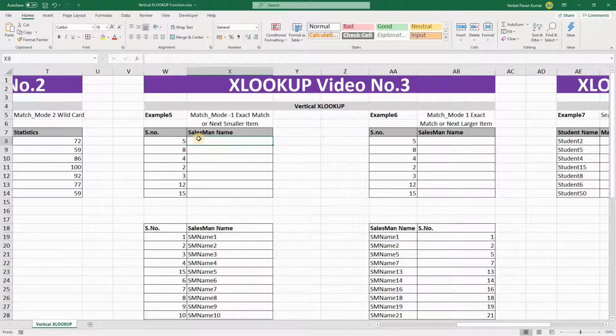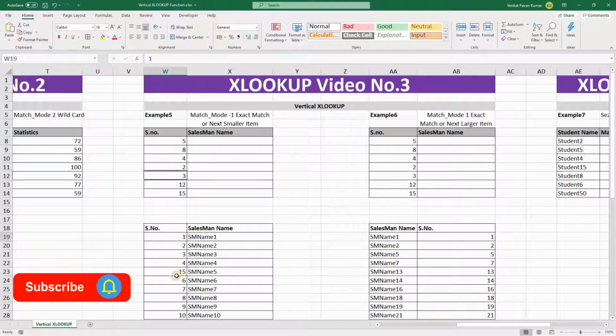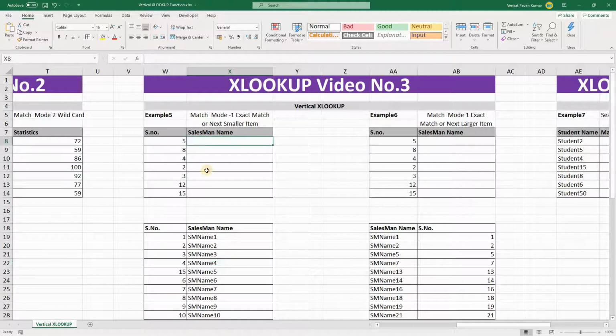If it is not exactly matching, then it's going to pick up the next smaller item. Here the 5 is not available in this serial number, so it's going to pick up the next smaller item, which is 4, and the salesman name of 4 is going to get updated here.